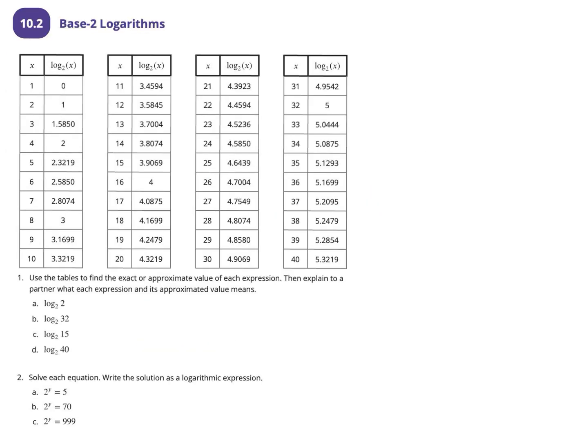Back in my day when I was learning math, we had to read logarithm charts. You don't have to do that anymore because you have calculators. We're going to use the chart to answer the first one, but after this, we're not going to use the chart anymore. I'm going to show you how to do it on the calculator. So log base 2 of 2, look in the chart, is equal to 1. And then find 32 on the chart. 32 is right there. That's equal to 5. 15 is not a whole number. It's not an exponent of 4. So we get 3.9069. And then 40 is not an exact multiple, and that gives us